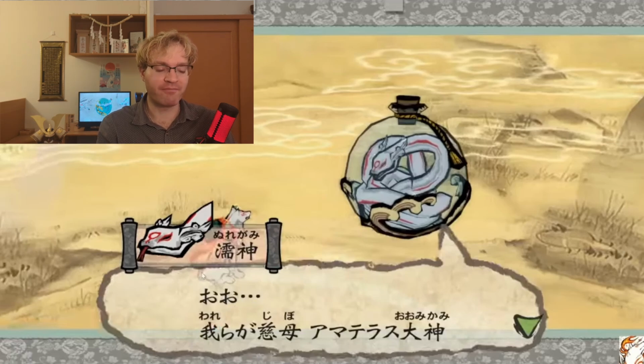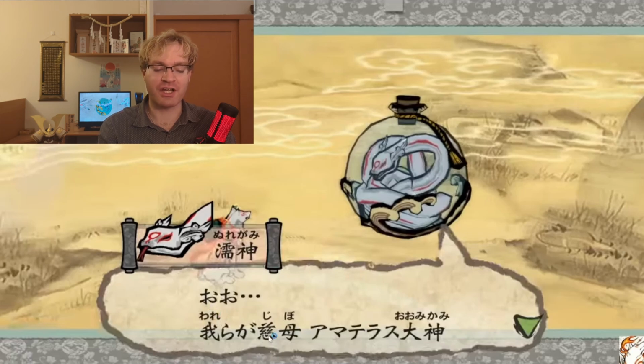Warera ga jibo, okay? Comes from root word ware, which means I. And then we pluralize I with warera, which means we. And then we have warera ga. Ga is a possessive thing, which turns it from we to us. So warera ga turns it from we to our. Jeez Louise, I'm struggling today. Our, okay? Our. So warera ga jibo.